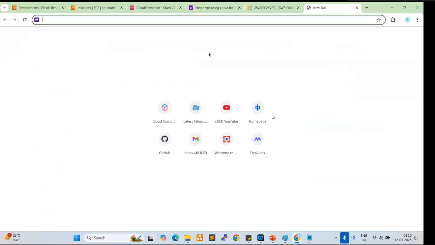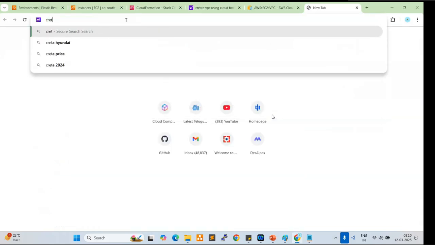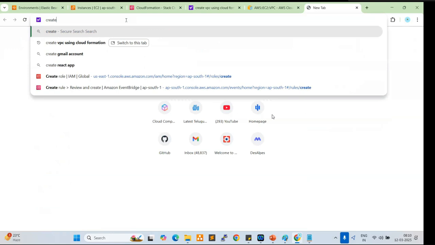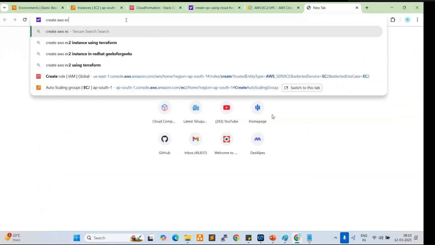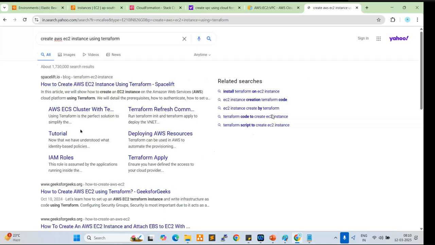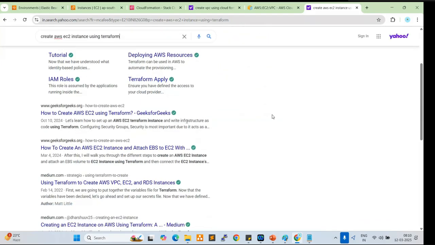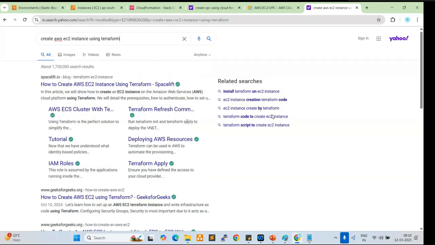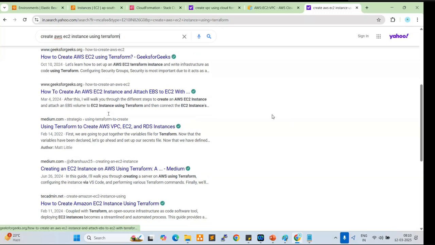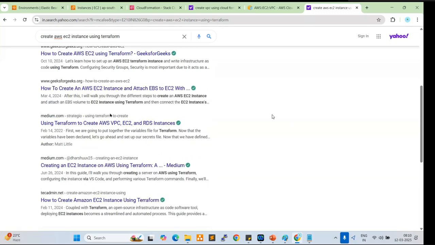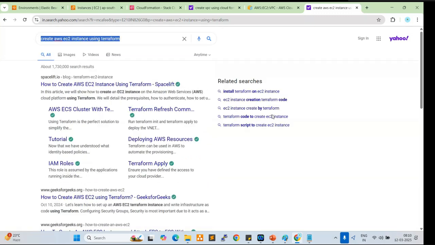So for example, I want to create an AWS EC2 instance using Terraform. So Terraform scripts are also available, but we need to go to the official website only. Don't go with the third-party tools. Start like this. Create